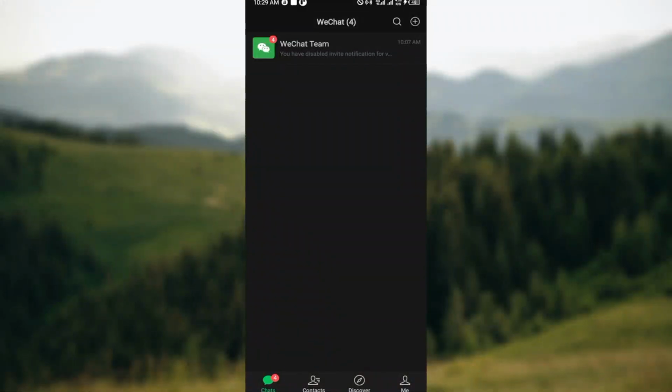How to delete your WeChat account. Hello guys, welcome to another tutorial. In this video, I will show you how you can delete your WeChat account, and here is how to go